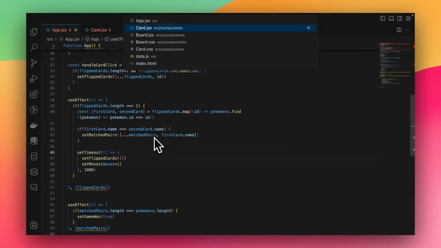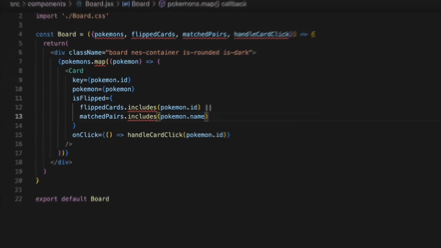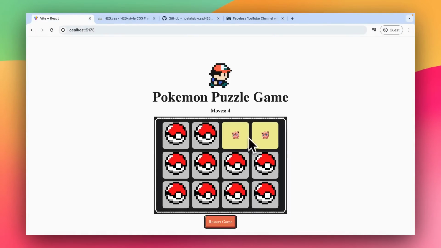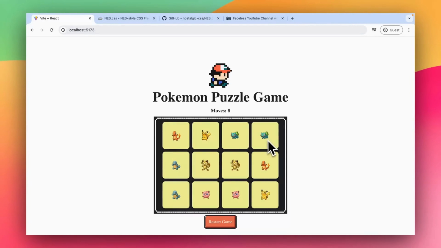Okay, so the reason why they are not matching is because in the match pairs, instead of pokemon.id, we need to add the pokemon.name. Okay, so save this, and now when we go back, the cards are matched. So let's reset the game and try it again. So now the cards are getting matched, right? Right. So now, as you can see, the puzzle has been solved in 9 moves,